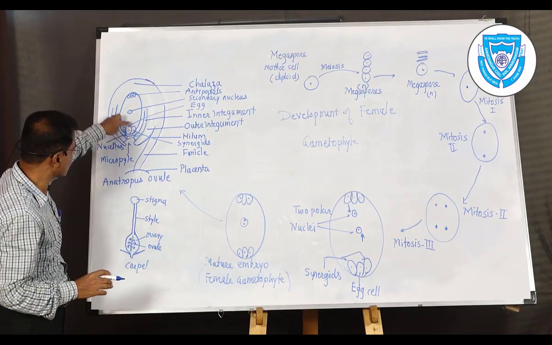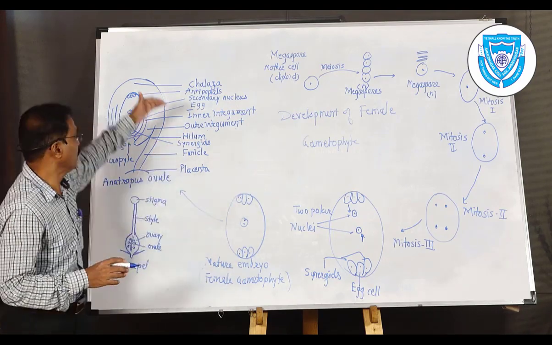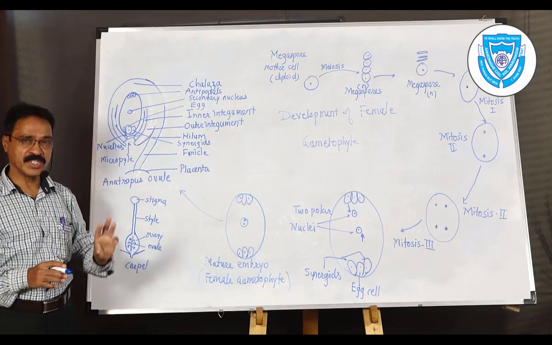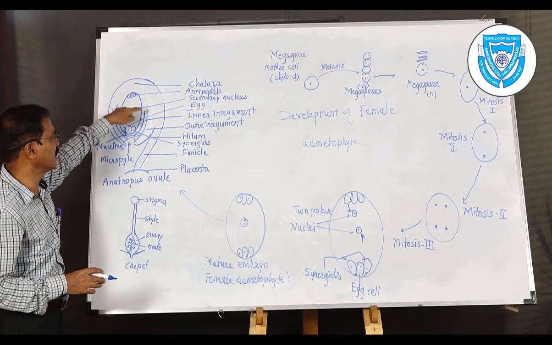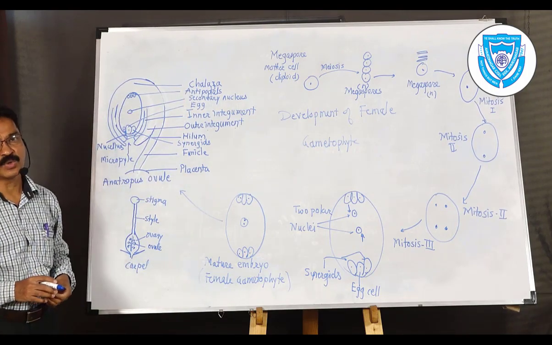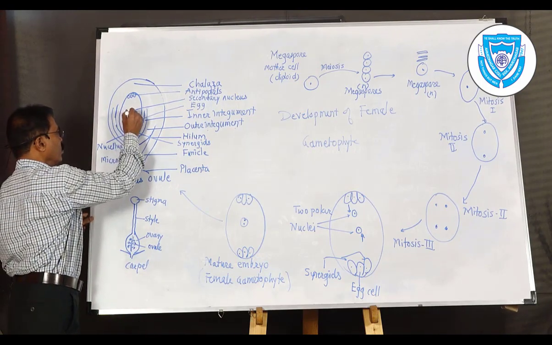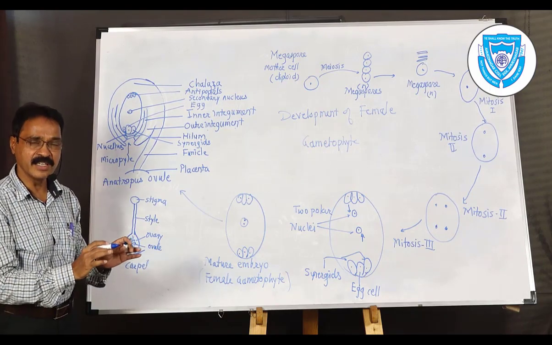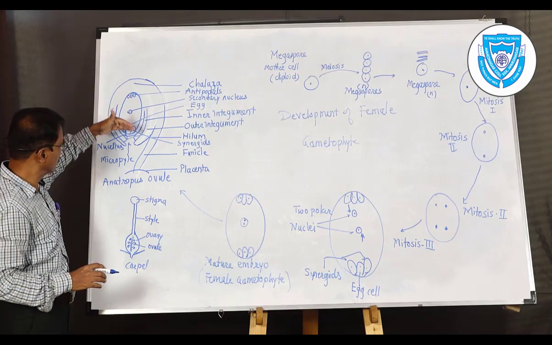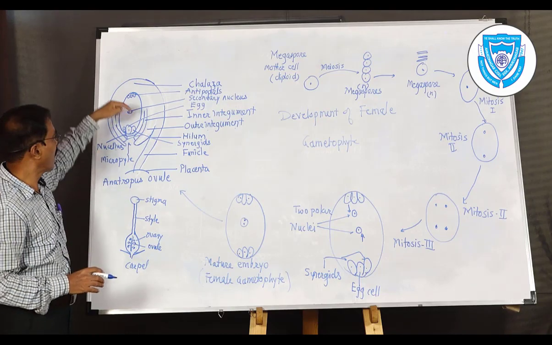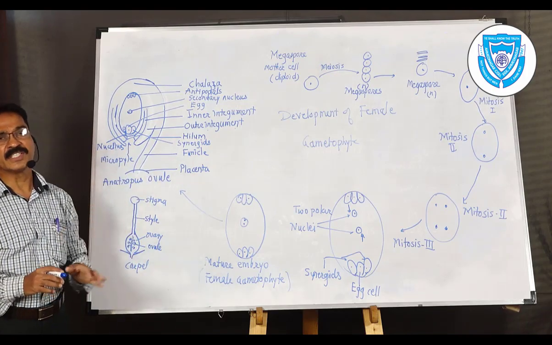So the total structure is called an egg apparatus. Antipodal cells 3, egg apparatus 3, 6 cells, and the last cell is present at the very center, which is called the secondary nucleus. Now, why is it called a secondary nucleus? Because it consists of 2 nuclei inside. In a single cell, 2 nuclei, and hence 3 cells towards chalazal, 3 cells towards micropylar, 6, and the 7th cell at the center. So total 7 cells are present.